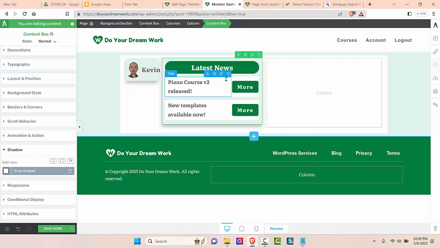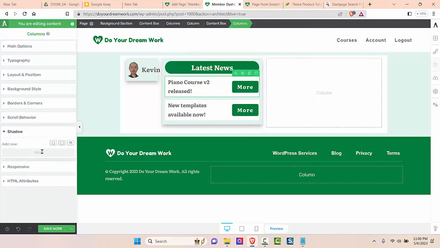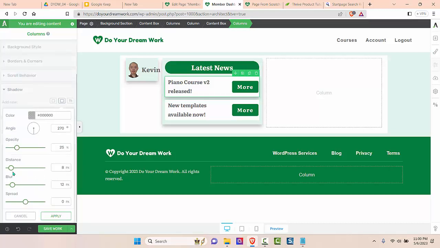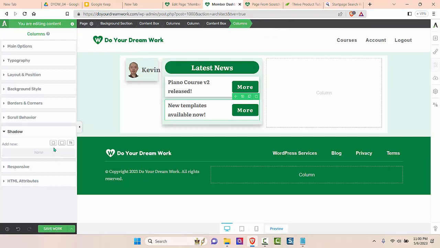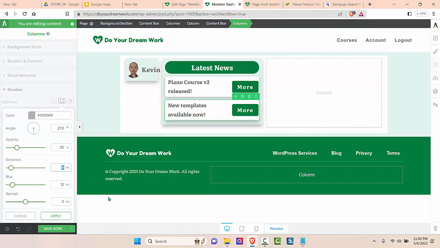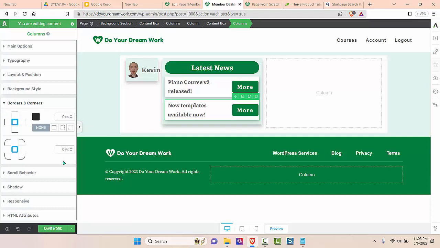Then the first column, the first notification, you want to select columns with an S, then drop shadow. And here I want a more subtle length of the shadow. So on the distance, I'm going to change the 8 to a 4. Same thing with the second notification. Choose the column with an S, drop shadow, change the distance to a 4. Hit apply. Now for rounding the corners, just go to borders and corners, and under rounding on the individual notifications,